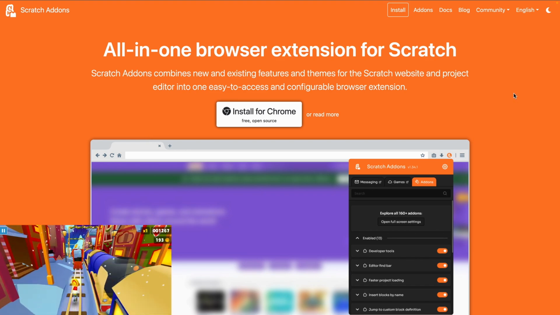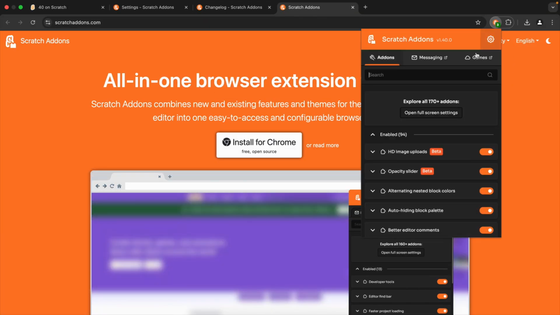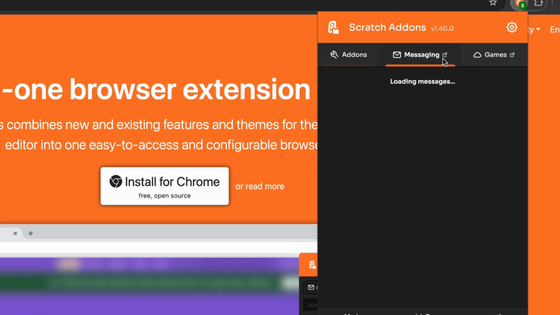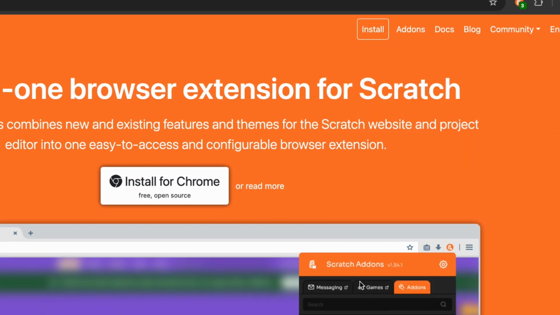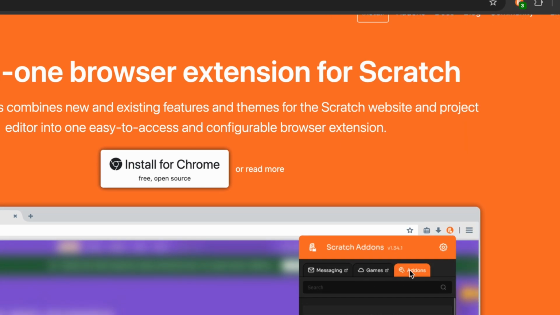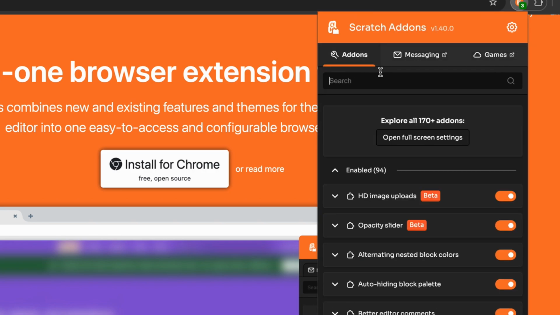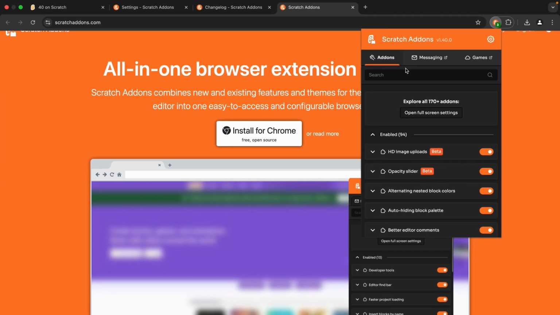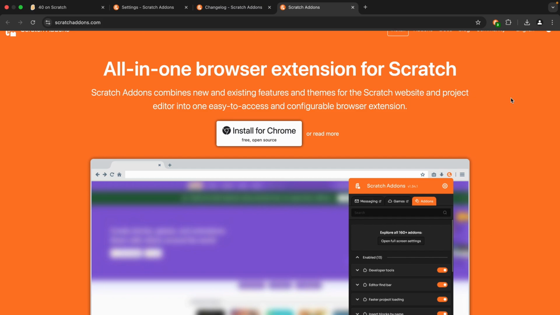But let's show off the first new change, which is actually an update to the pop-up modal. The keen-eyed of you might be able to notice the old tab design from before. This is what it used to look like, by the way, on the main website. And now we have the slick new design, and also the add-ons tab is moved to the beginning instead of the end, which reflects how you're usually changing your settings more often than looking at messages or cloud games and whatnot. I think this looks cool. I know a lot of people wanted an update to this tab design, so I bet they'll be really happy about that.